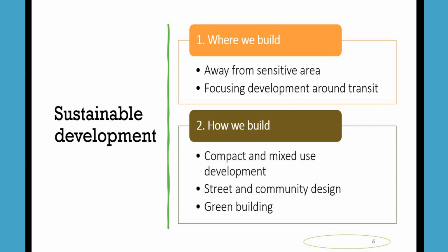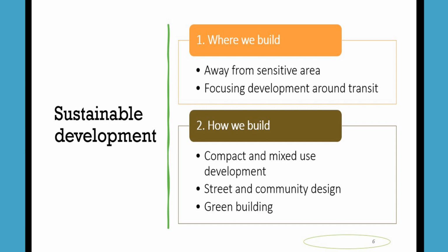Other than that, once a building is being constructed, the location is very important. It should be located in and around the transit area. If your home is very near to a public transport facility, you will tend to use more public transport than private transport. And if people are connected in that manner, it will reduce the amount of time people spend in personal cars. People will tend to walk more, and that will lead to a better lifestyle of human beings in those areas.